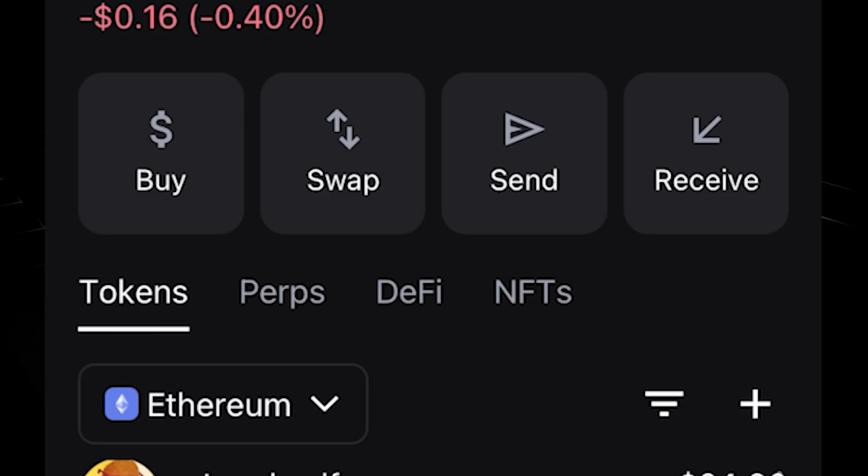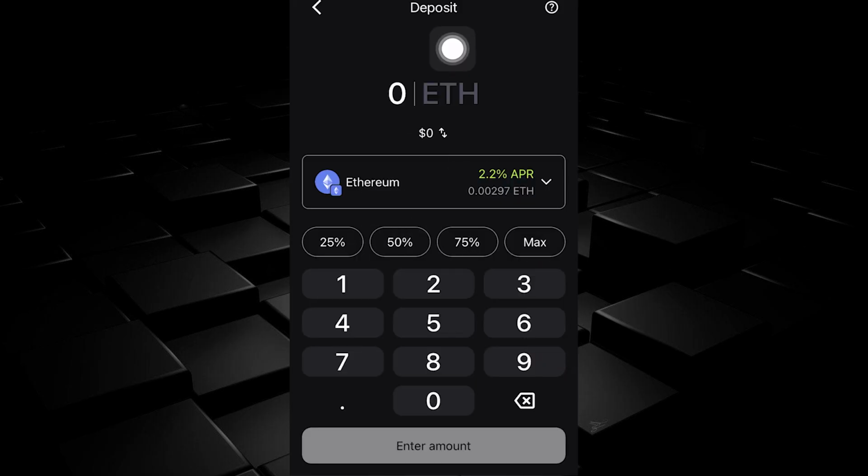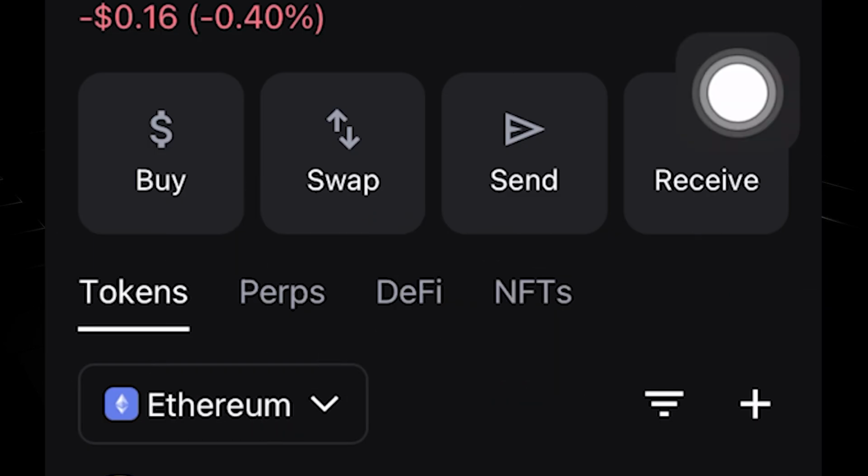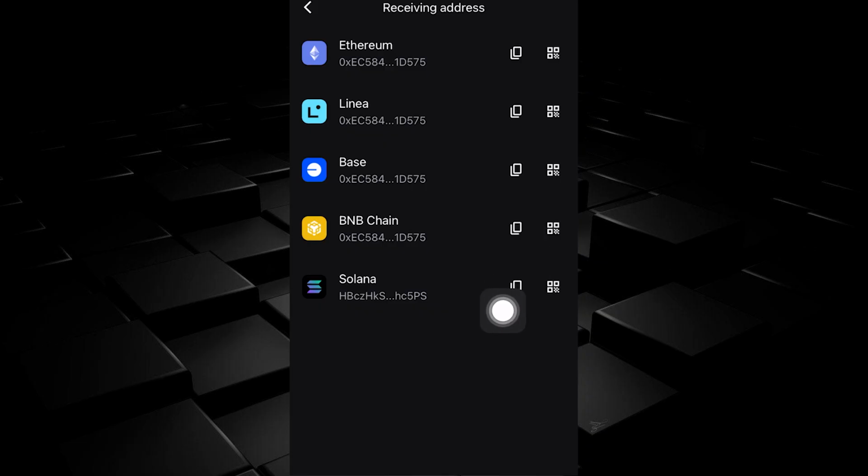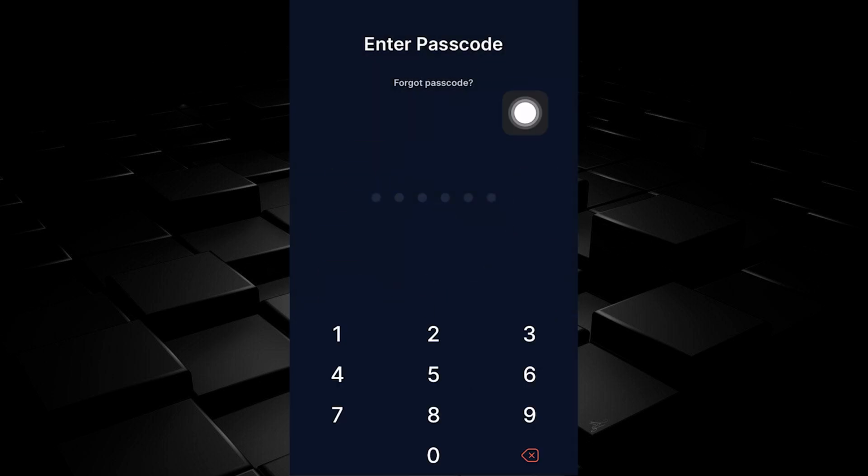Open up the MetaMask free cryptocurrency wallet and then locate Ethereum or ETH. And now you want to see here on the screen, on the ETH, you want to copy the address. Simply put, underneath tokens, click on receive next to send. For the receiving address, copy the ETH or the Ethereum address like so. And now once the address has been copied up, go back to the crypto.com free cryptocurrency wallet to